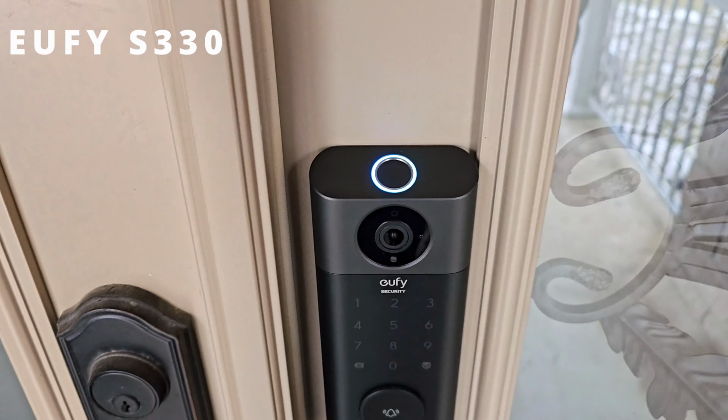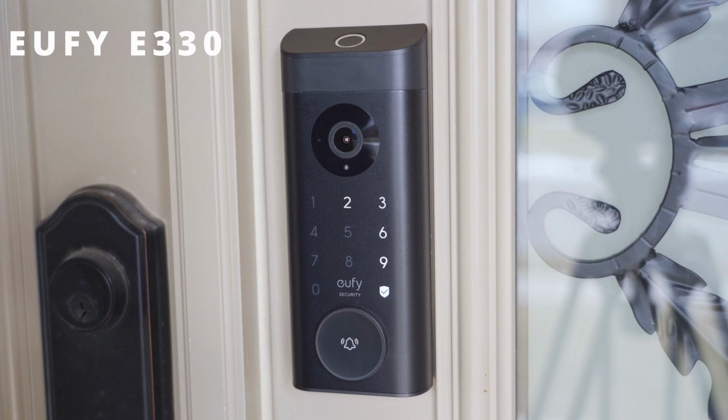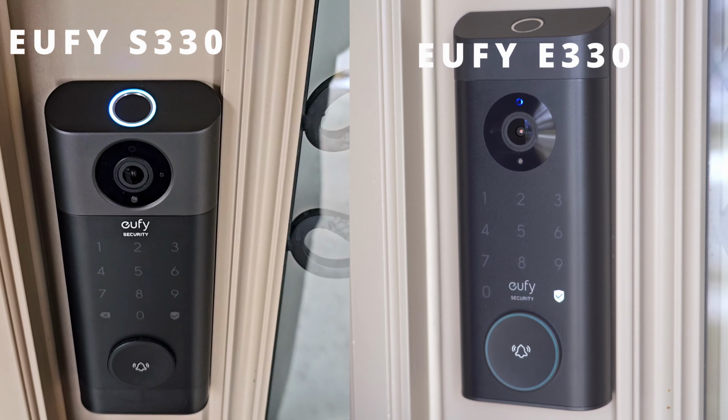and I've reviewed it, I'll link that up above, and the Video Smart Lock E330. Well, there's a little bit of differences, they're not very major, but let's take a closer look at the E330